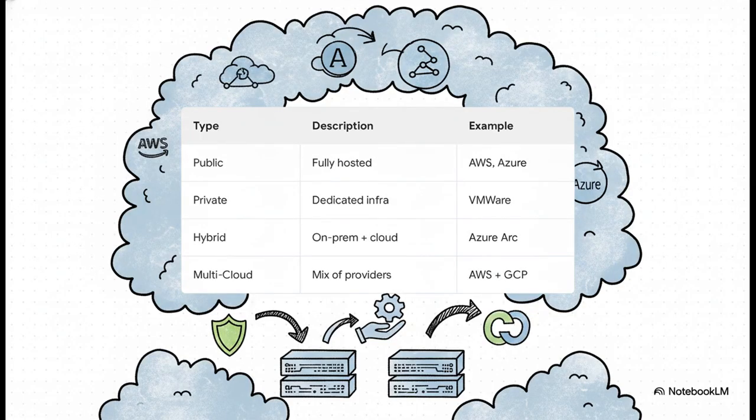And then there's the big question of where to build. Do you go all in on a public cloud like AWS? Or maybe your company needs a hybrid approach, keeping the super sensitive data on-premise while using the cloud for its flexibility. These aren't just little technical choices. We're talking about major strategic decisions that impact security, control, and of course, the bottom line.